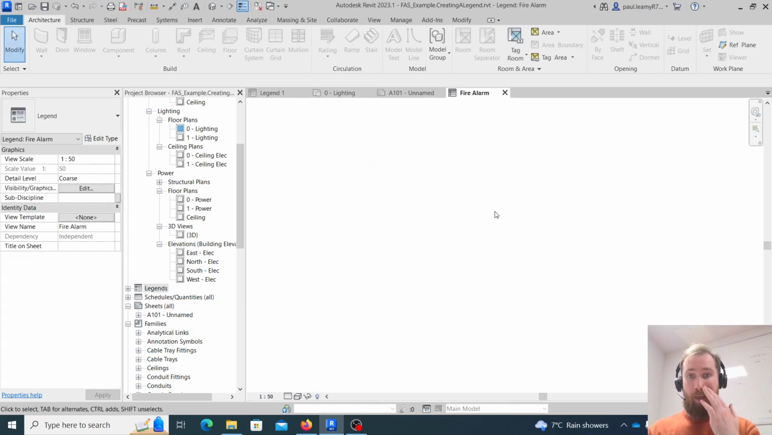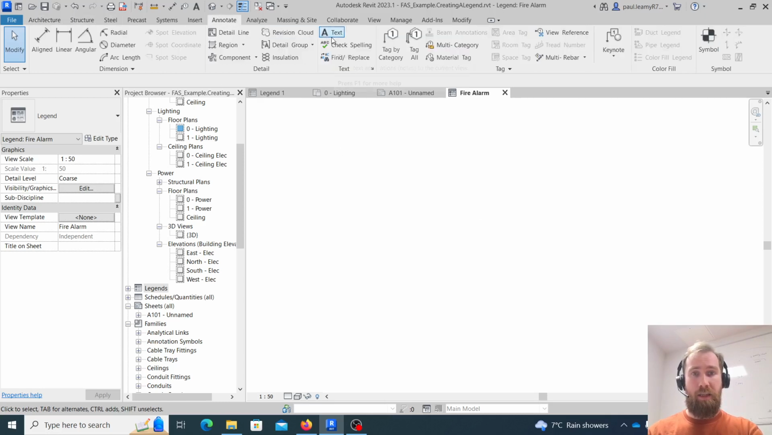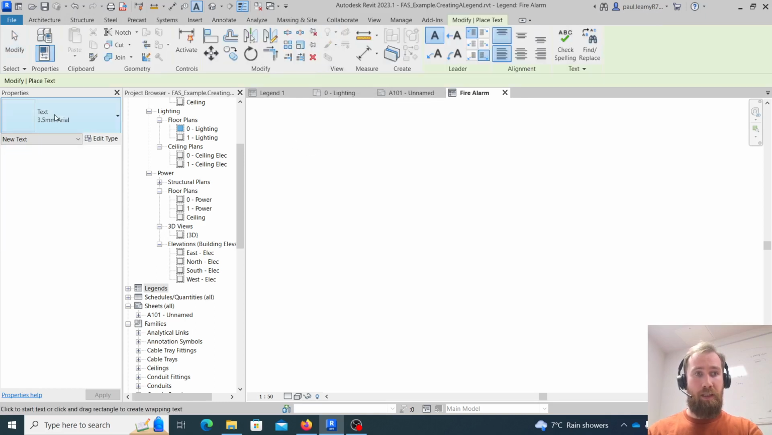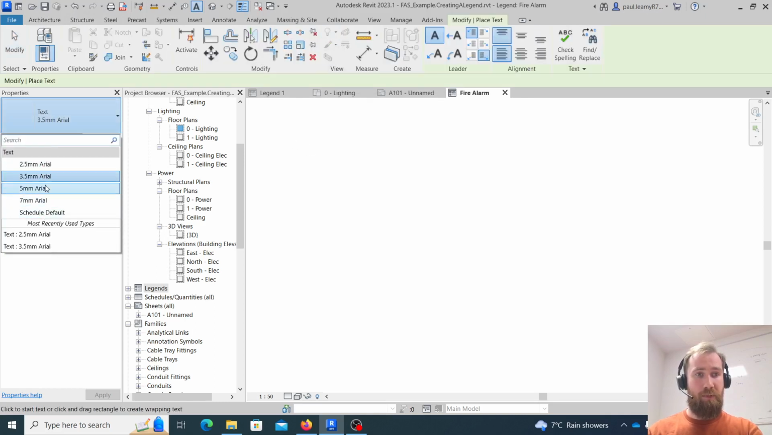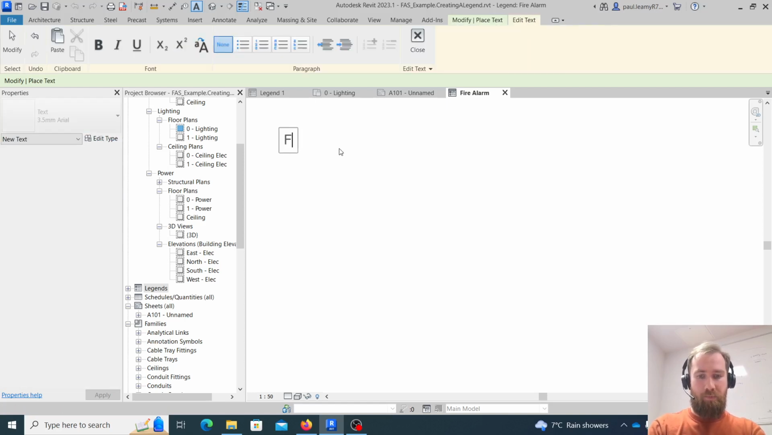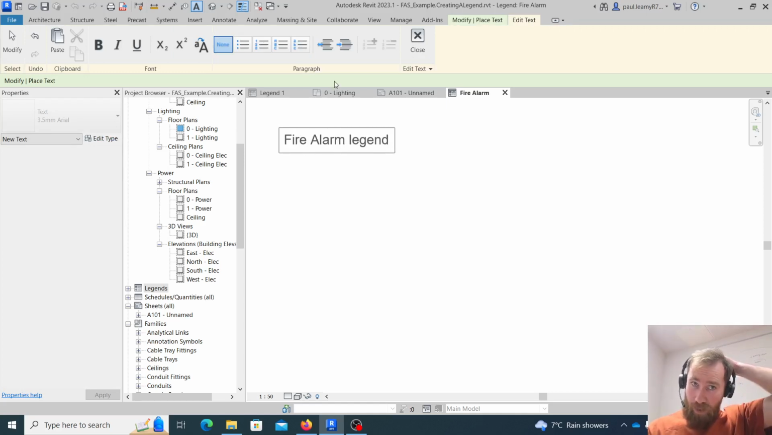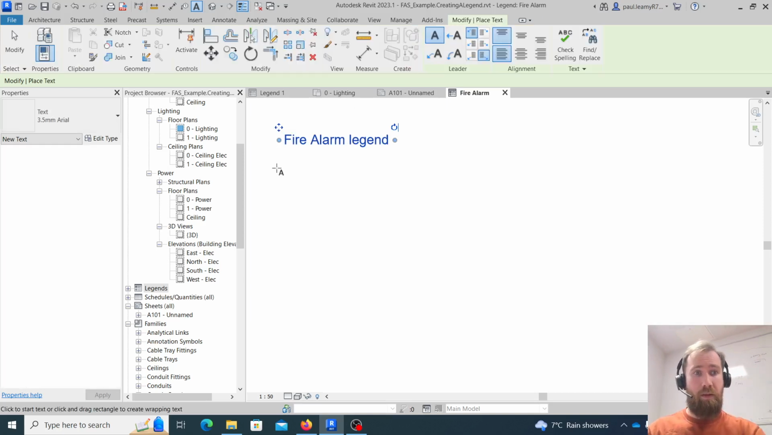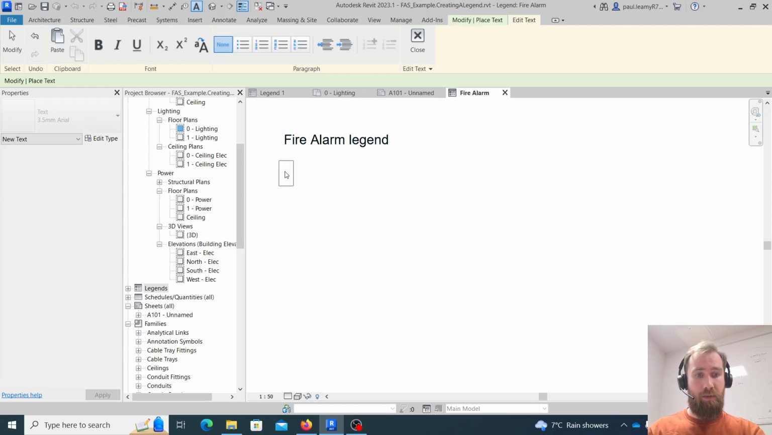It opens up a new view, and initially it's blank because we have nothing inside it. But we can start adding in objects for this to make up a legend. So most of what we put in here is going to be text. So up along the top, if we go to annotate, and there's an option for text, and you'll see here that there's different size text we can use depending on what we need. So I'm going to use 3.5 mil for the title, fire alarm legend,